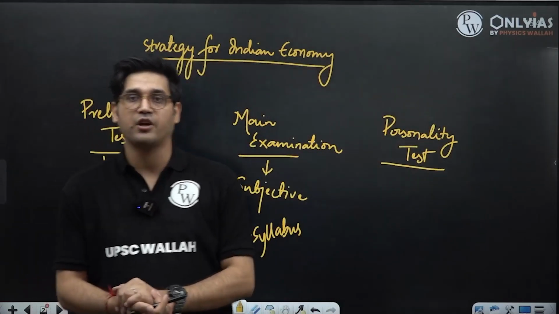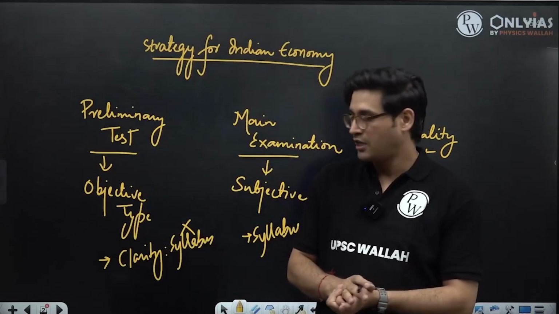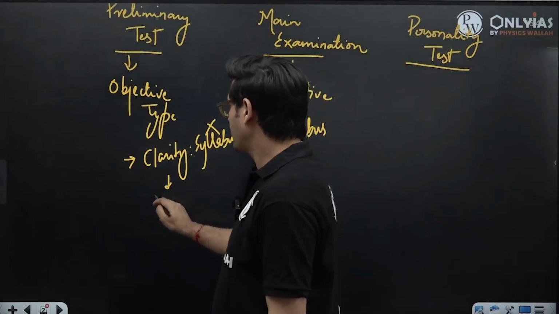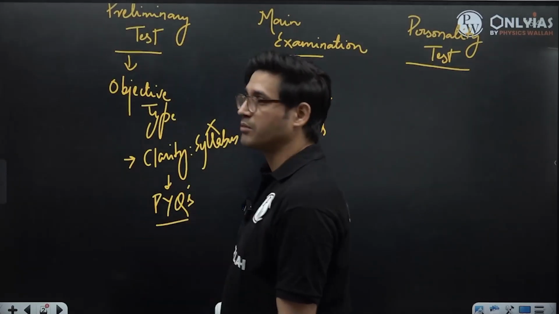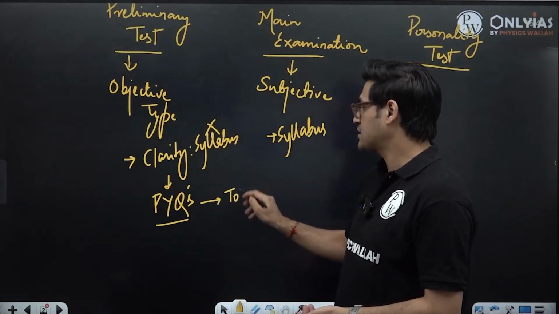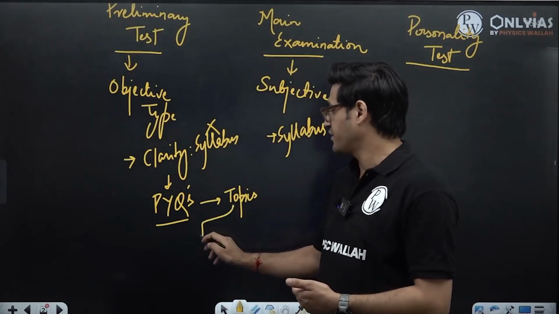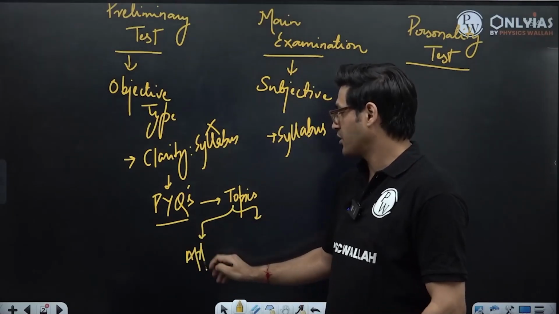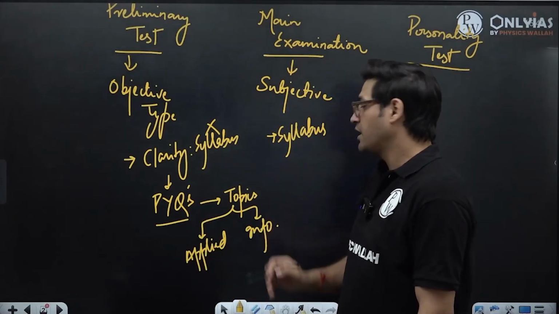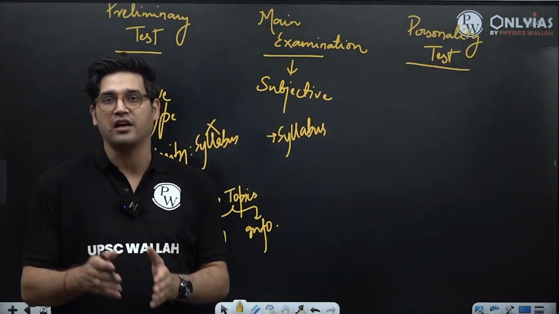Now, how do you prepare for an examination, especially the prelims examination, when there is no clarity over the syllabus itself? Here you have to take a reference, and the reference for you is going to be your previous year's question papers. When you look at your previous year's question papers, you will see that there are some topics which have been covered time and time again. And then from these topics, there are different types of questions. Some questions are based on applied understanding, while some questions are based pretty much on information alone. When it comes to the mains examination, the syllabus is very, very well detailed.